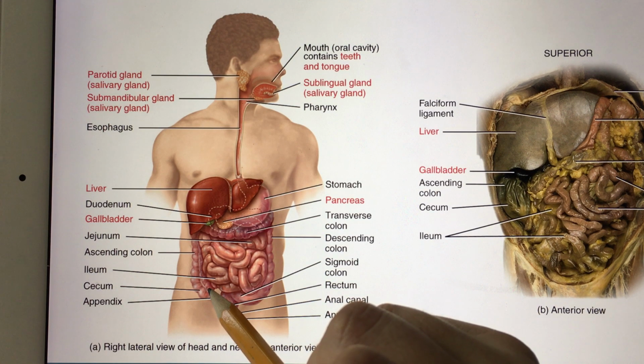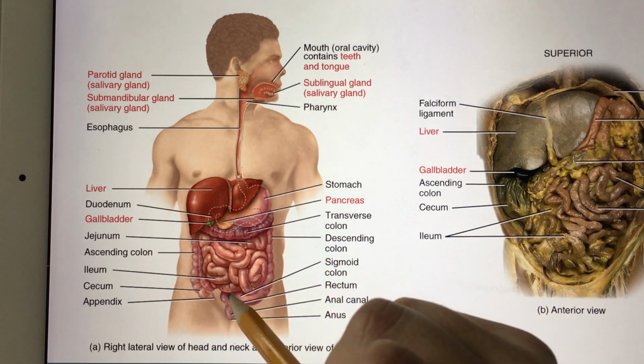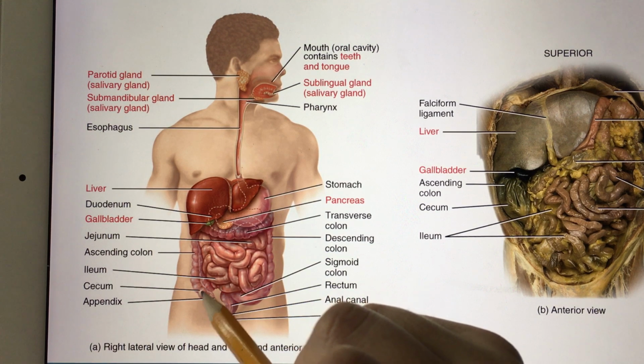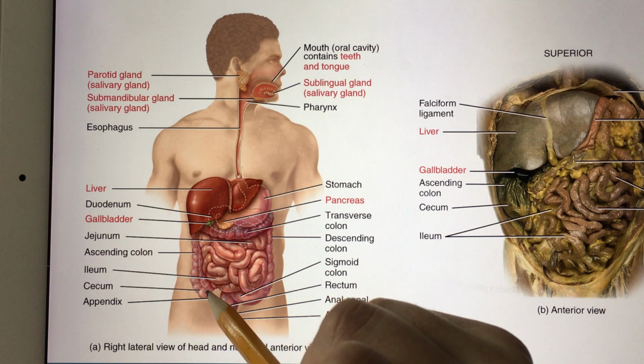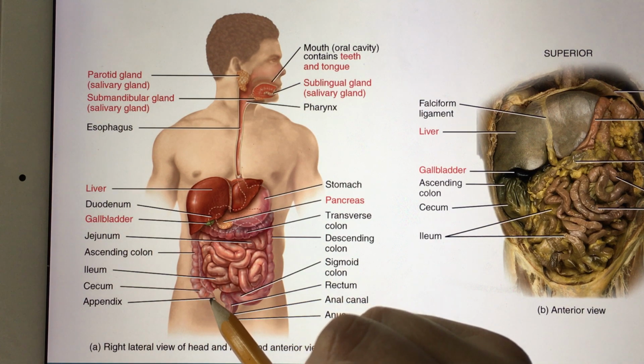The large intestine is a thicker tube, and it's made out of several parts as well. This is the large intestine right here. The first part of the large intestine that joins with the small intestine is called a cecum. The cecum also has an appendage, like a little pouch from it, pointing downwards. It's called the appendix. Appendix is located on the right lower pelvic area, kind of like in the groin region,